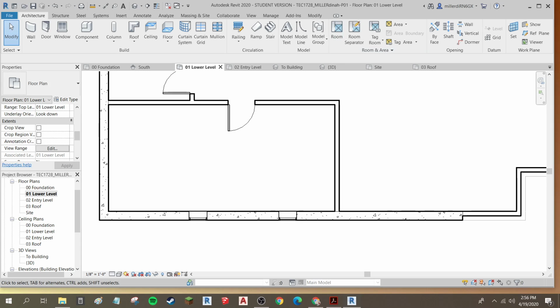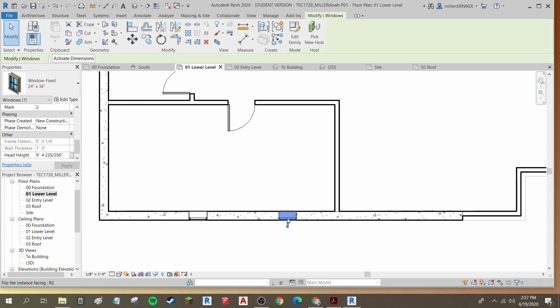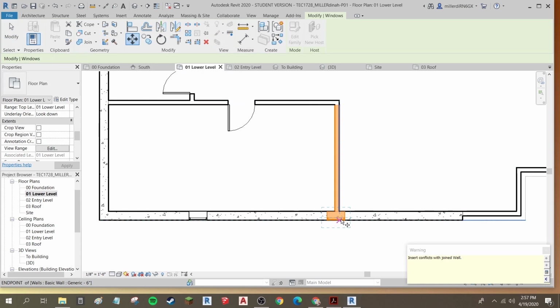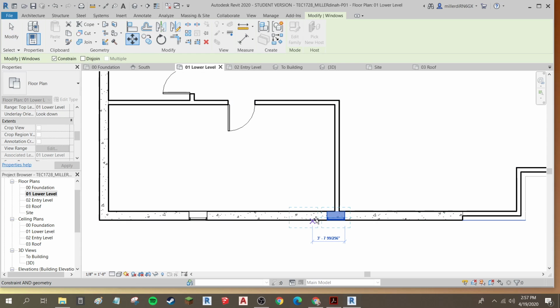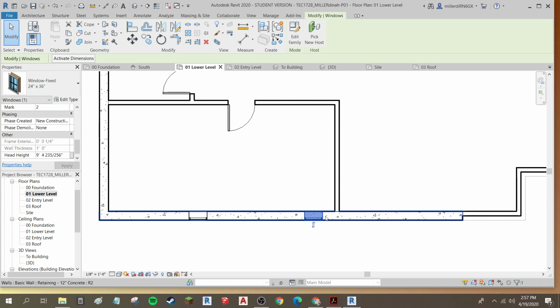There's also steps for if you have windows that conflict with the wall. So if this window, for example, was, let me drag it, if it was placed in the middle of that wall, you can move them. So I'm going to use the move tool to move this window where it's 2'6" from that wall. And then my window over here, I'm going to move it so that,